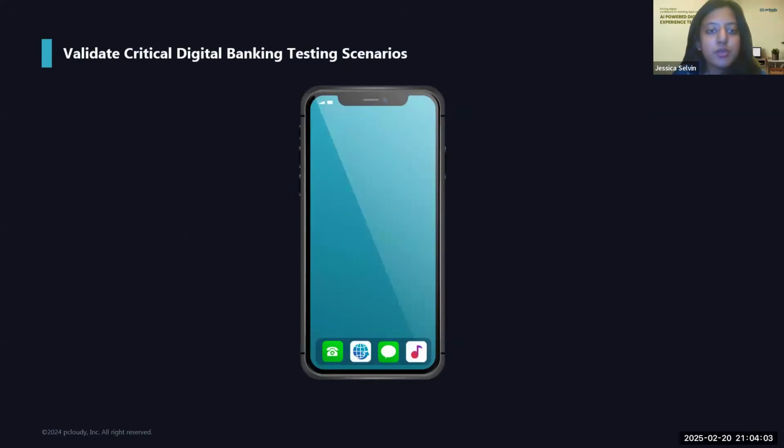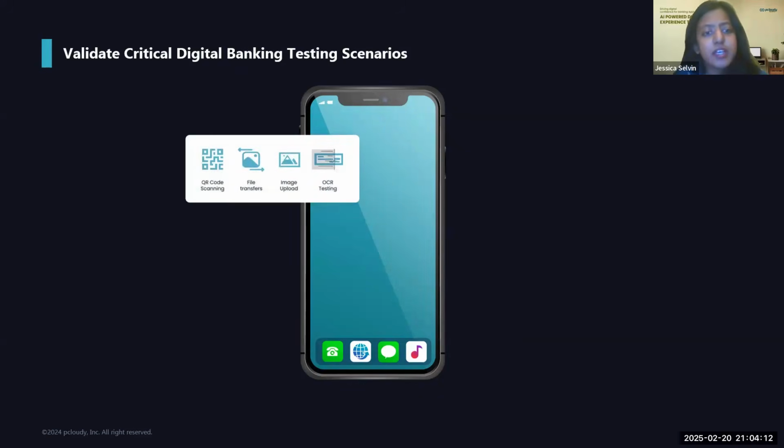And also, in terms of the critical testing use cases that I was talking about, at Pcloudy we support QR code scanning. We are a device cloud platform, so to test scenarios that involve using the camera, we have the option of injecting a particular image. So you'll be able to inject the QR code. Also, in terms of file transfer,